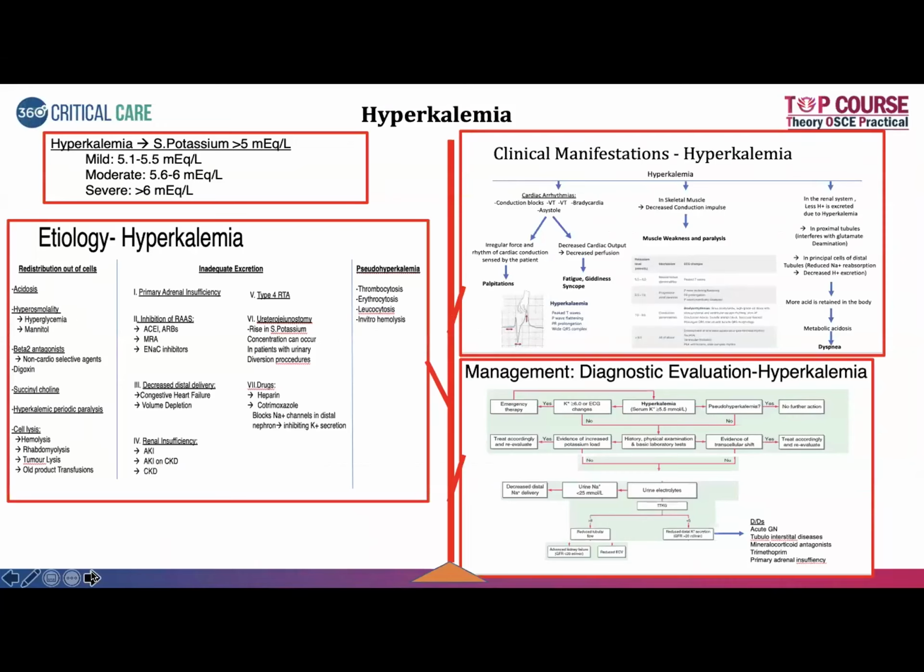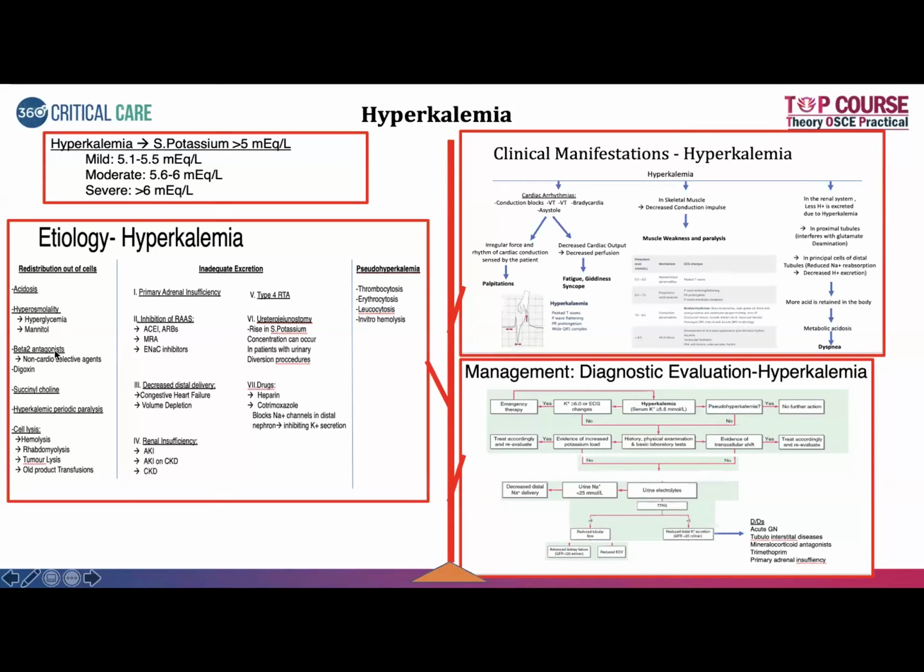Next is hyperkalemia. So hyperkalemia grades: mild, moderate, and severe, 5 to 5.5, 5.5 to 6, and more than 6. So the etiology: redistribution, again the transcellular shift, inadequate excretion by the kidneys, and pseudohyperkalemia. When we are talking about redistribution, there can be acidosis, which can result in hyperkalemia, hyperosmolality,